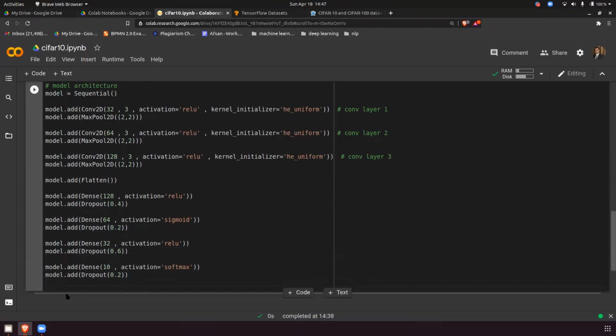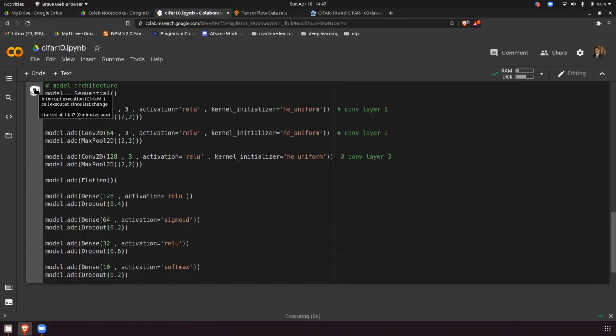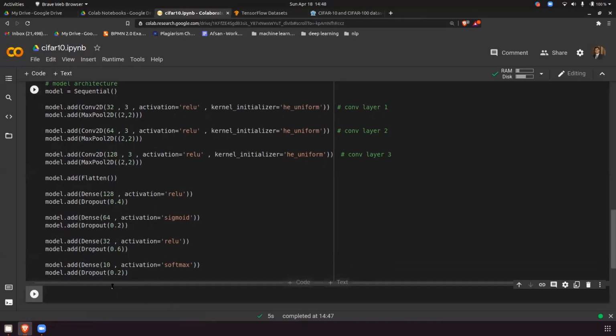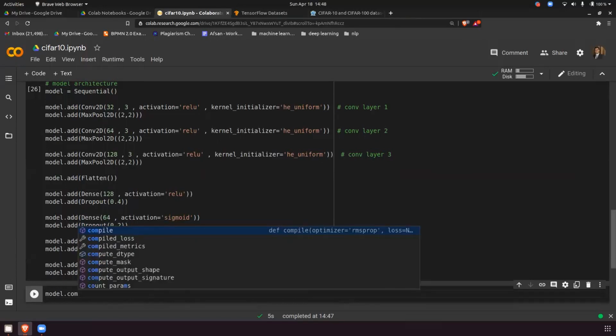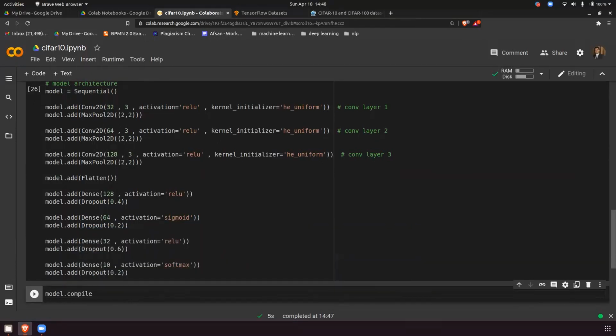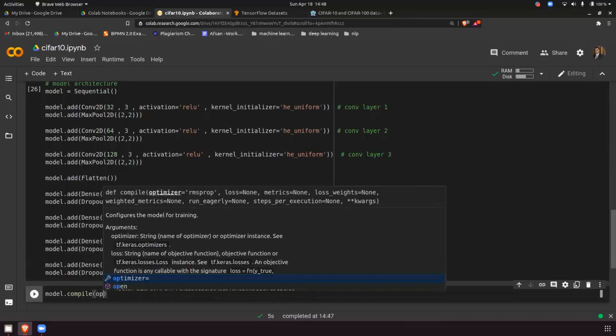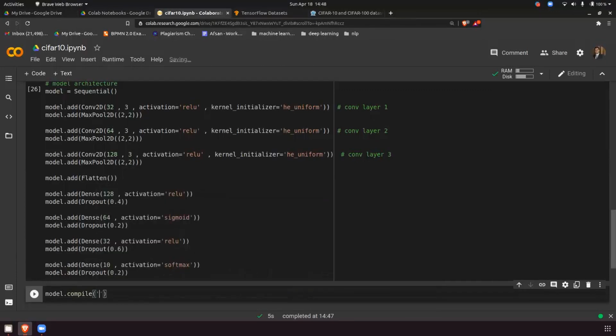Okay. So if I run this, let's see if any error is thrown. Okay, executed successfully. No message. Then what is the next step we have to do? Model dot compile. So just remember this step. After creating the architecture, we always have to compile the model, and the optimizer is SGD.